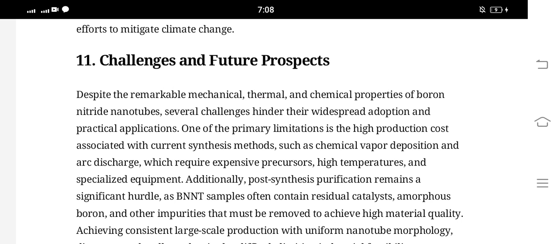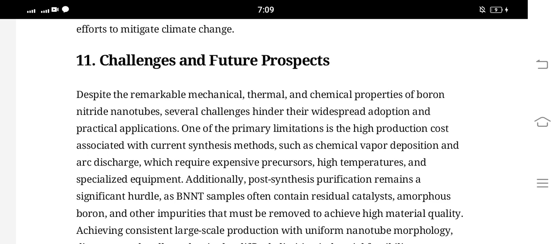Despite the remarkable properties of boron nitride nanotube 3, there are still several challenges that researchers need to address to enable widespread practical application. We will now discuss the challenges and future prospects of BNNT-3. One of the primary challenges is the high production cost of boron nitride nanotube 3. Techniques such as the arc discharge method and chemical vapor deposition require expensive precursors, extremely high temperatures, and specialized equipment, which